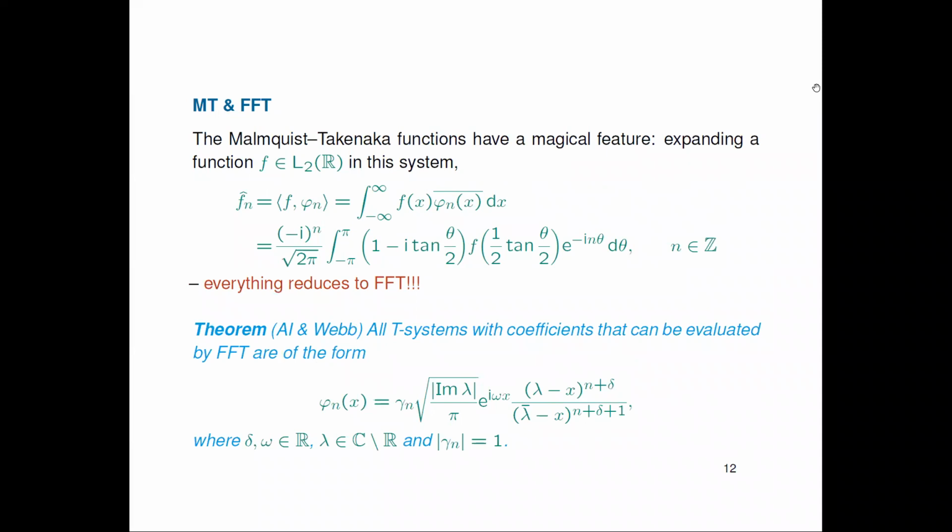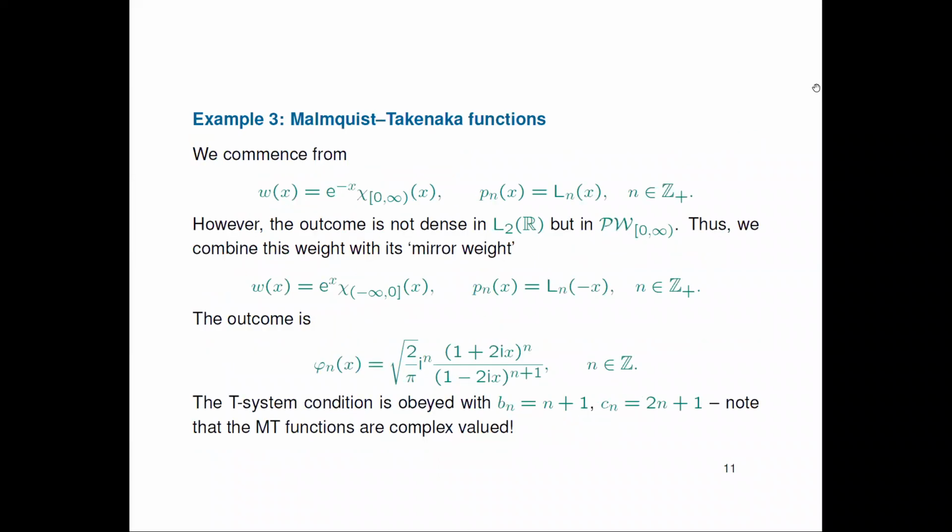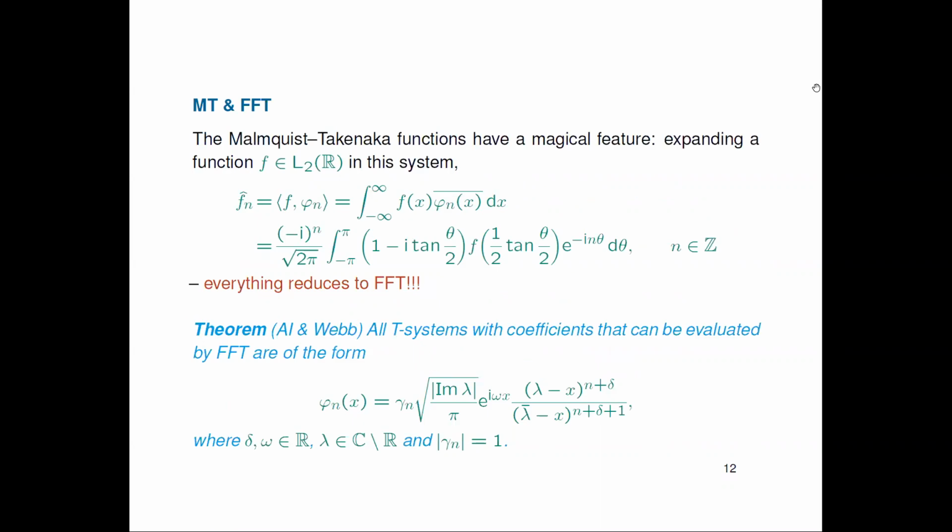And Malmquist-Takenaka are so wonderful because under this guise, we have here a fast Fourier transform or a discrete Fourier transform. So going back here, look at this (1 plus 2ix) divided by (1 minus 2ix). This is a Möbius mapping, and it is of absolute value 1. So it is exponential of i times a real number. And using this as a change of variable,